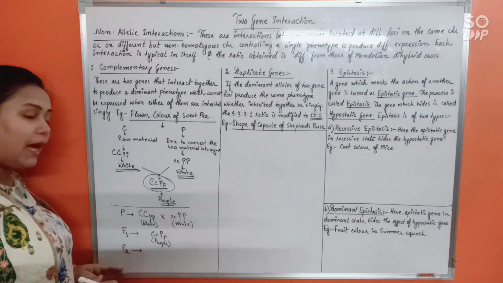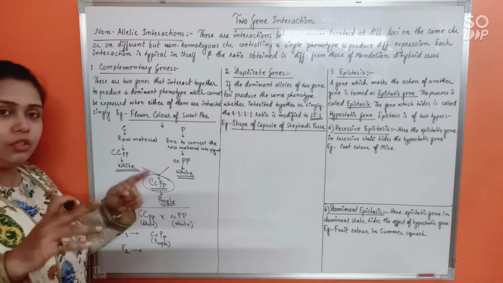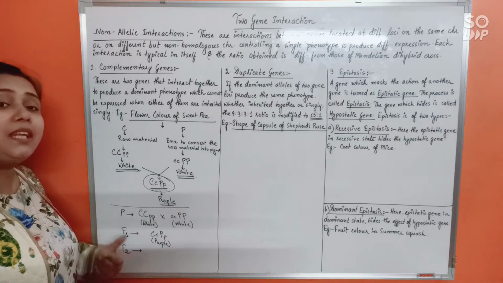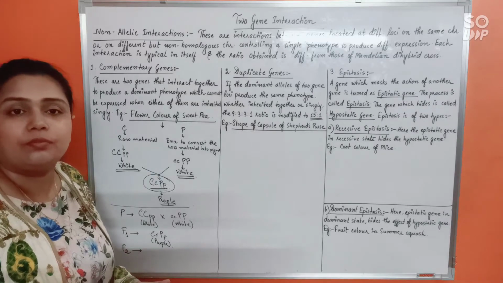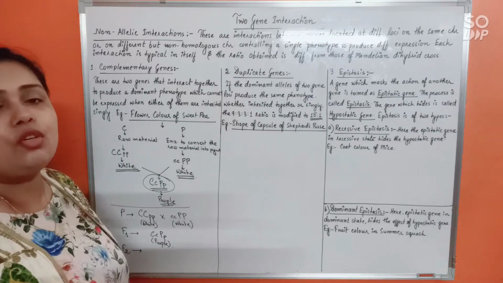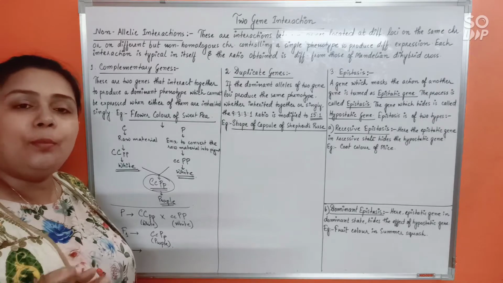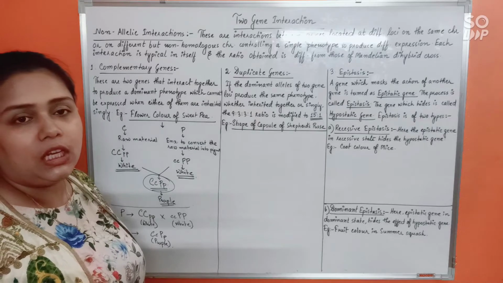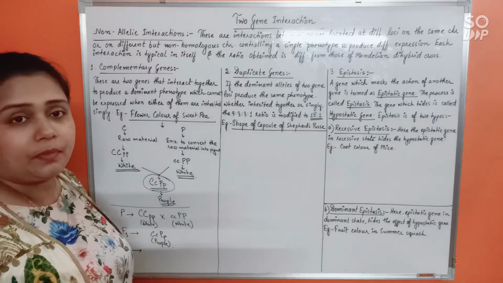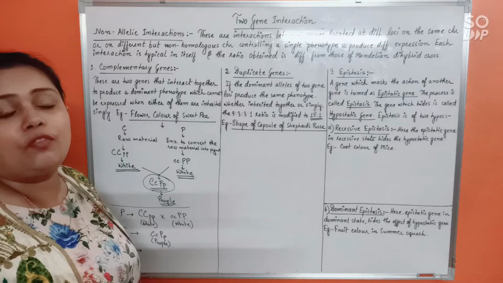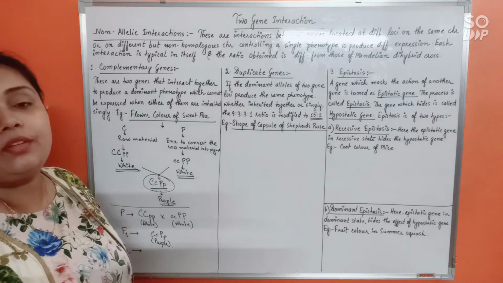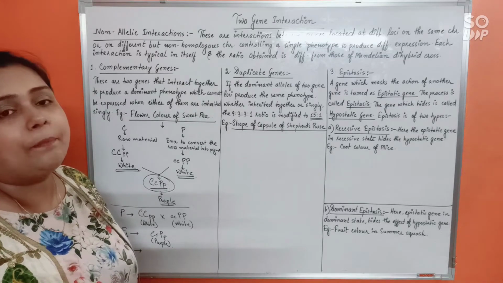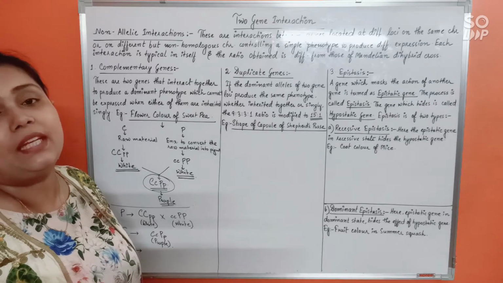So you need to do that. Using the Punnett square, you need to find out the F2 generation and then count the phenotypic ratio. Here you don't have to find the genotypic ratio, just find out how many of the progeny will be purple and how many will be white in the F2 generation. So find out the phenotypic ratio of the F2 generation and check whether it is 9:3:3:1 or not. If not, that means the complementary genes do not obey Mendelism.